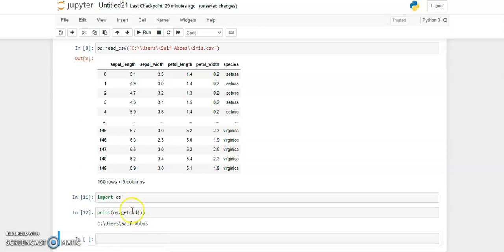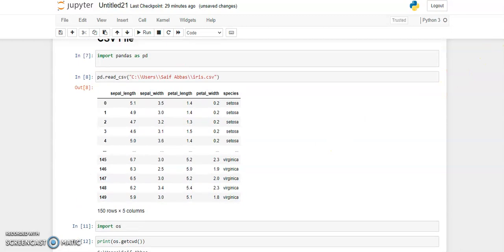You can see this current working directory is saved in my user folder, in the C directory. So with the help of this you can see where the current directory is saved. Hope it is very helpful for you.